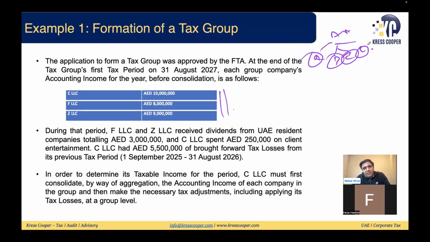This accounting income will be adjusted to arrive at their taxable profits. So each period, the company's accounting income is given during the tax period. F and Z received dividend from a UAE resident company. We know this dividend is exempt income in case it is being received from the